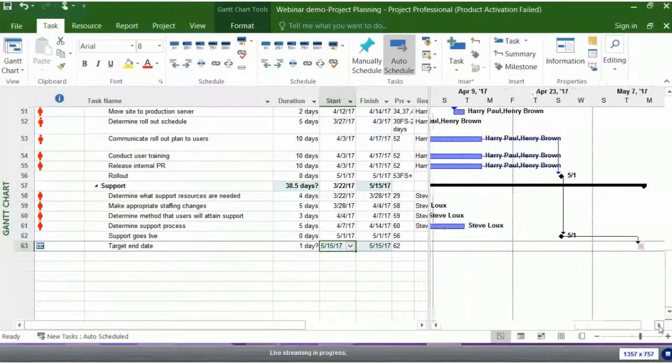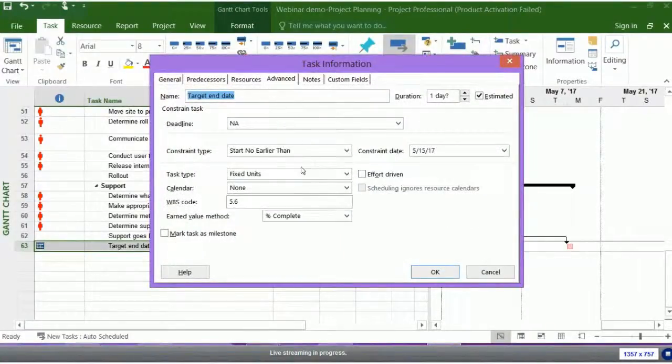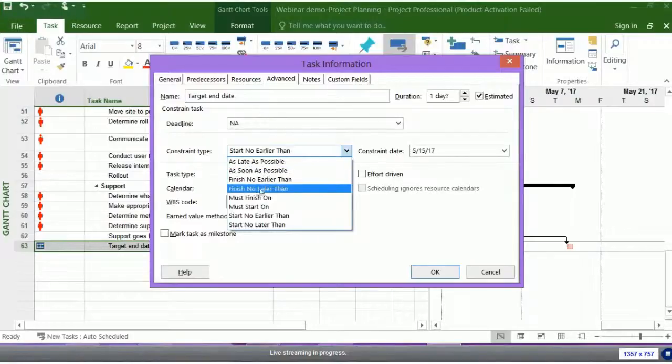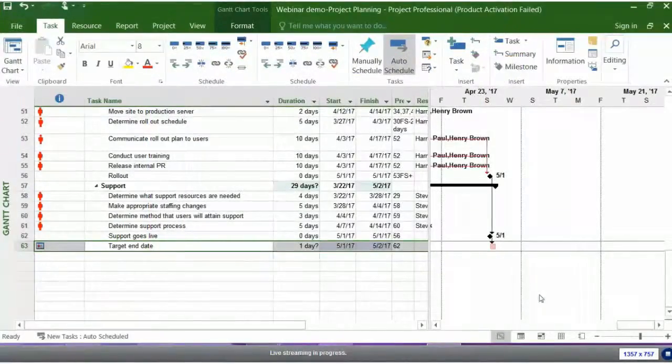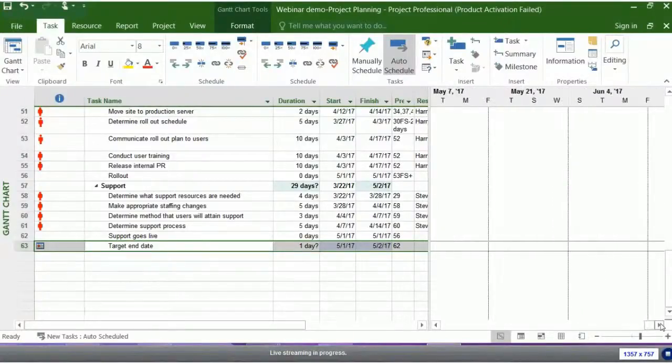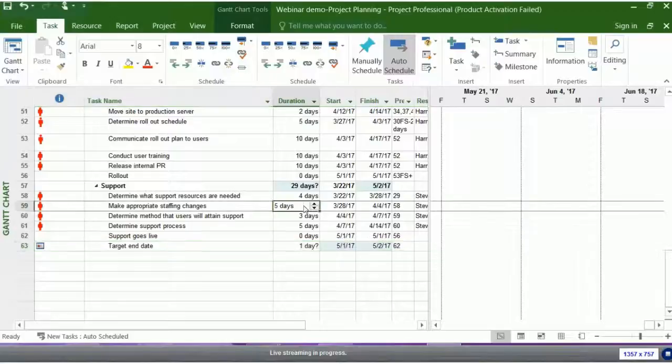I'm going to double click on this and go out to the Advanced tab and say, finish no later than the 15th, and it's going to warn me. Well, I'm sorry, it will warn me if something goes wrong. Okay, so what happens if my critical path starts to change? How can I see the critical path? Let's go to Format, and we're going to format text styles,